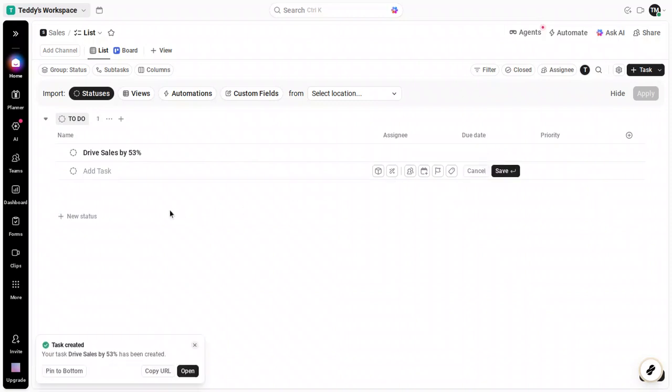Once your space is in place, you'll be able to add lists and tasks, assign owners, set due dates and priorities, and attach files. ClickUp's mobile app mirrors your setup, so capturing ideas and staying on top of tasks on